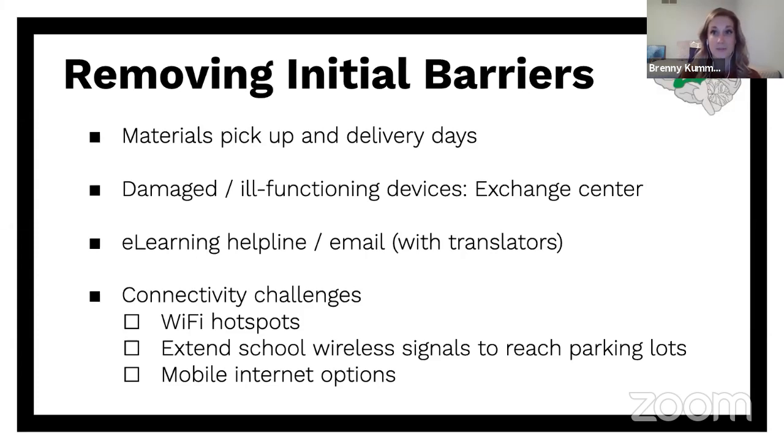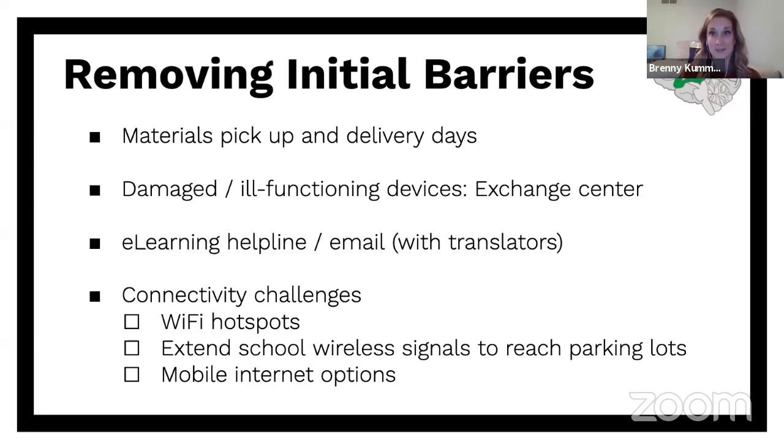Fortunately, we were able to gather our one-to-one devices and send them home with students, but that didn't catch all of our students. It didn't address the fact that we need other options, like paper resources, books, and novels going home with some of our high school students. So right after spring break, we had a materials pickup day where families could come up, and principals, counselors, deans, and secretaries were out there passing out devices to students, running into the building, grabbing students' materials and getting them to them, while following social distancing guidelines. It was pretty hectic.